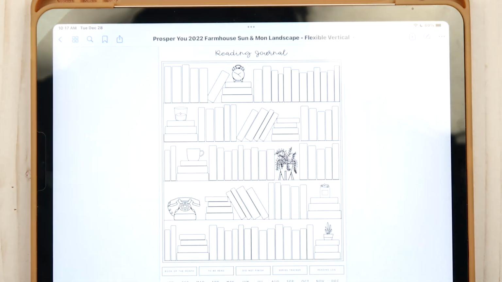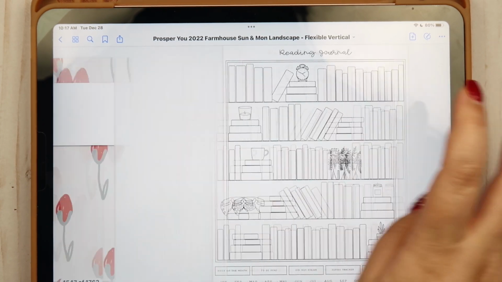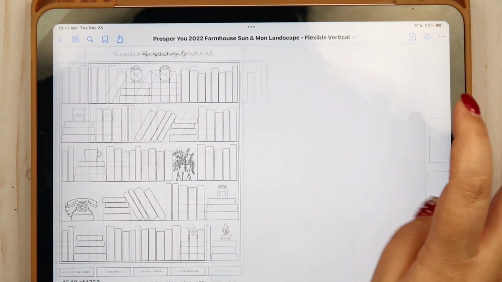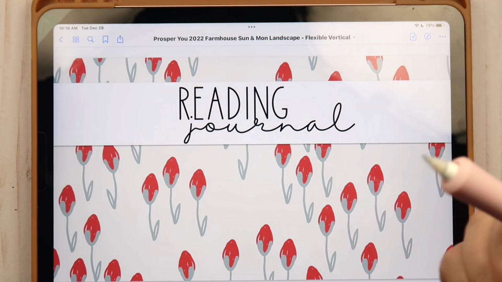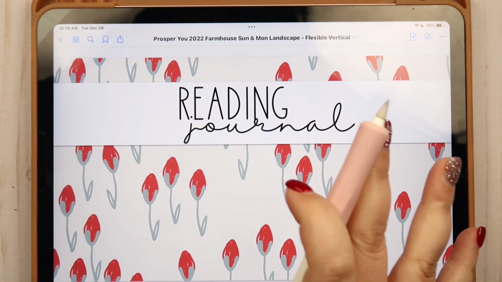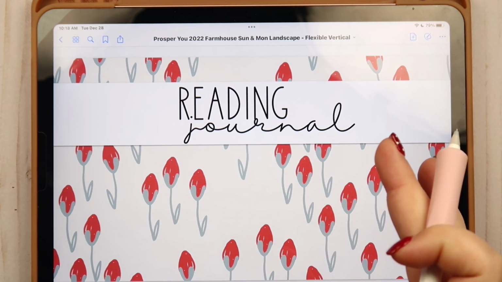And it's just gonna take a minute to import. There it goes, not even a minute, a couple seconds. And now my newest version of the reading journal is in there and it's good to go, which is very exciting. Now, the next process I wanted to share with you is how to export your existing add-ons to use